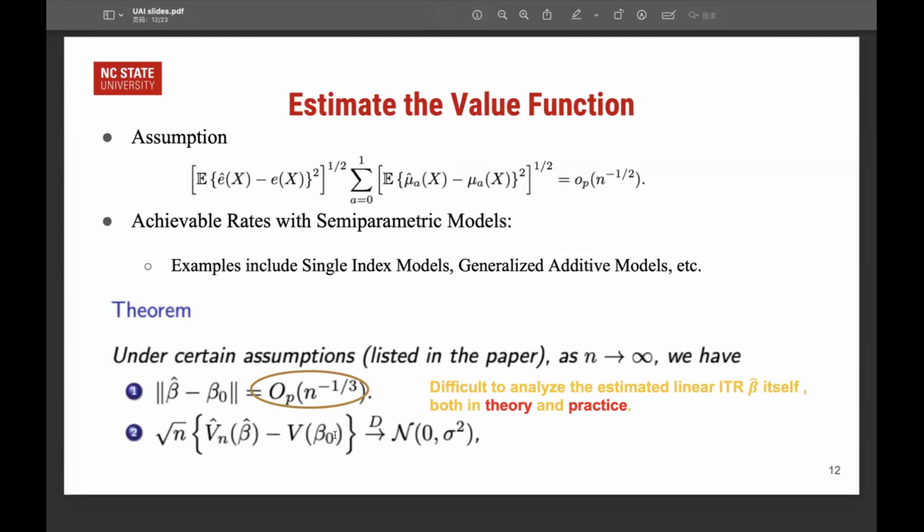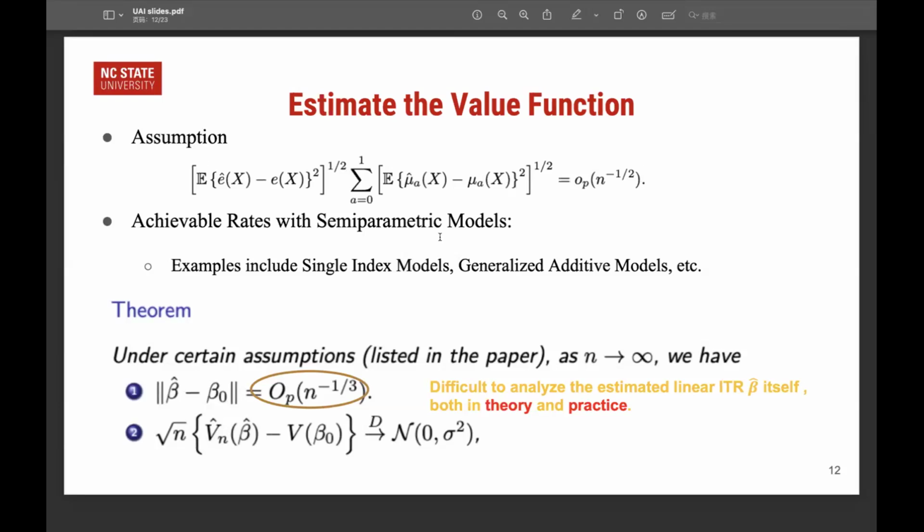We derived the asymptotic distribution of the AIPW estimator. To derive the theorem, we need to satisfy this assumption, which tells us the product of the estimated propensity score and the estimated outcome mean function should converge to their true forms at the root n L2 convergence rate. This rate can be achieved if each component converges to its true form at the n to the negative 1/4 power rate. A variety of semi-parametric models can satisfy the n to the negative 1/4 power rate, such as the GAM model, the single index model, and so on.